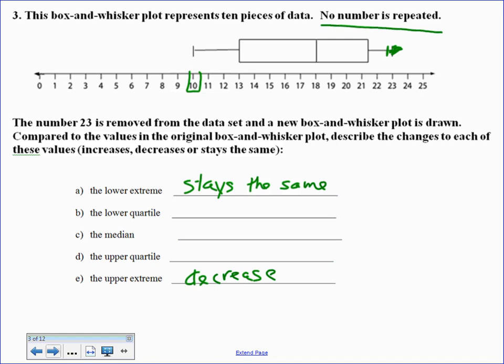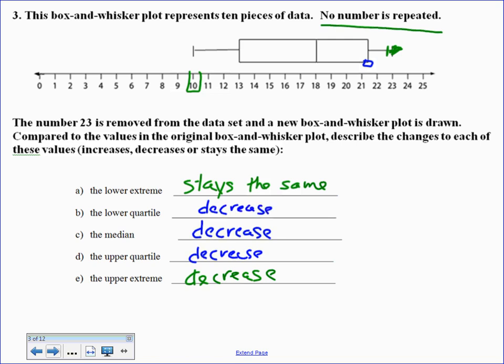So if no number is repeated, either this value here for the third quartile was a number or the average of two numbers, one lower, one higher. So everything's going to get moved back by 1. So the upper quartile will decrease. The median will decrease. And the lower quartile will